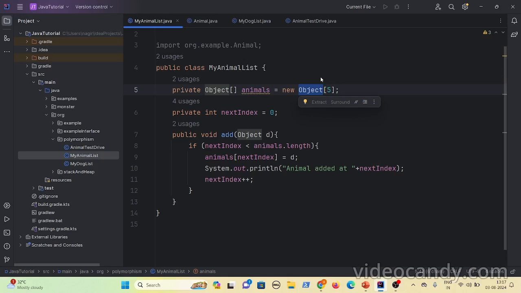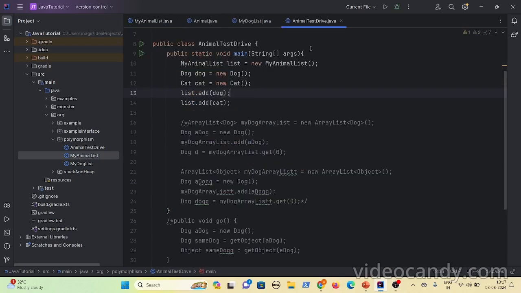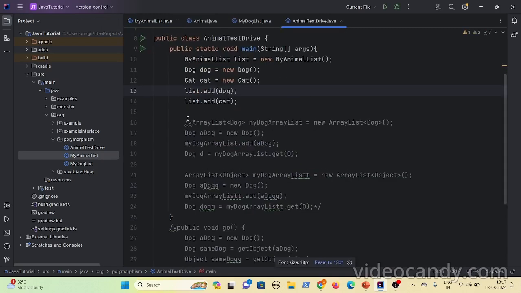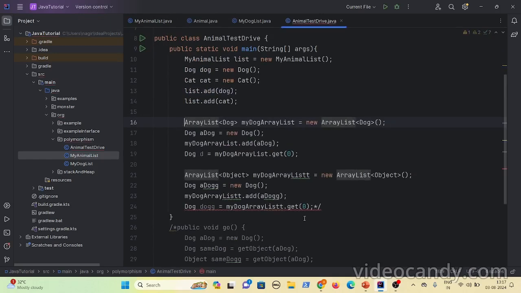But what is the problem? You can add it, and that works fine. But what is the problem? Let's see what happens when you change it to Object. Initially, this is the ArrayList you created for dog.